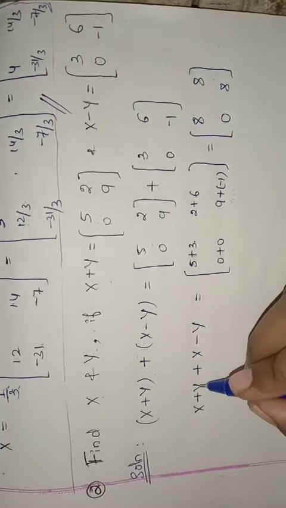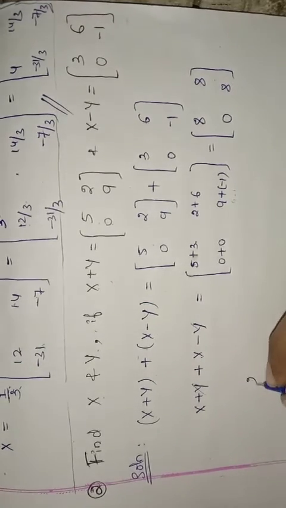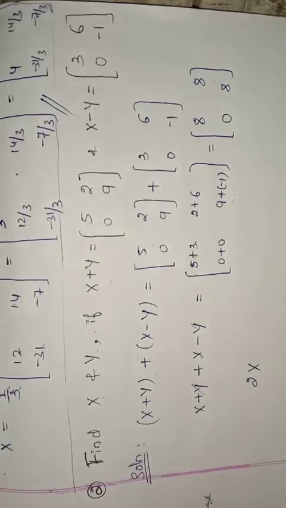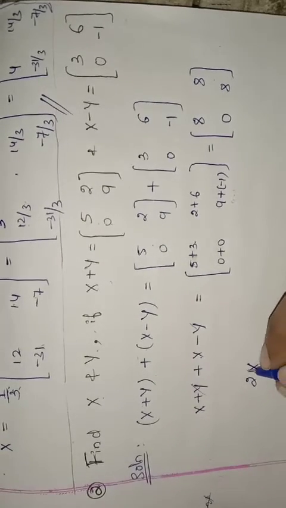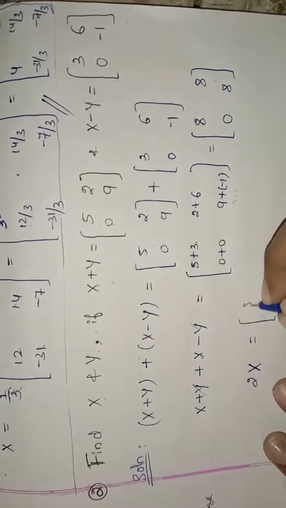So here what cancels? The plus y and minus y cancel. So x plus x, what did we get? That is 2 into x matrix. So this is not 2x, don't write like this, this is 2 into matrix x. So 2 into matrix x we got, that is